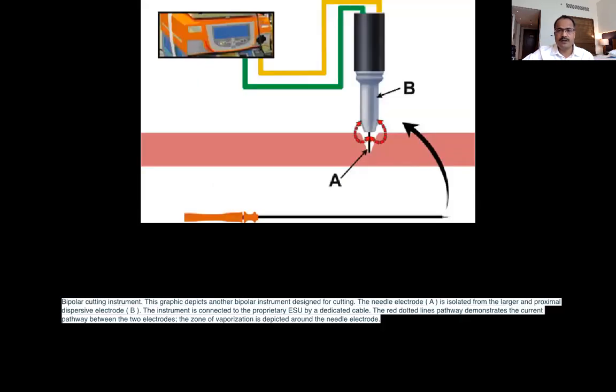Here is an example. If we just show you the shape of the instrument, everybody feels that this is pointed, this is monopolar. No, this has two electrodes which are very, very close to each other. Like if you see our hysteroscopy bipolar needles, when we do a septum resection, which can be used even in normal saline, rather than using glycine, we can use these bipolar needles. So if you have that concept that the instruments are based on the shape of the tip, then it is wrong. Okay.